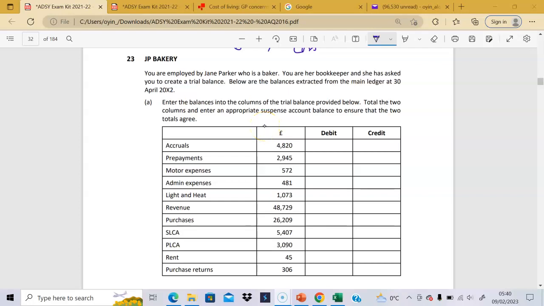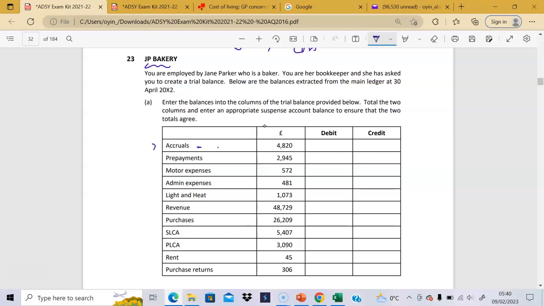Okay, right. So, JP Bakery. First of all, they want us to actually put things into the trial balance. So, let's get comfortable with that. Hopefully, you can. This is good practice for you to pick up your debits and credits. You know that